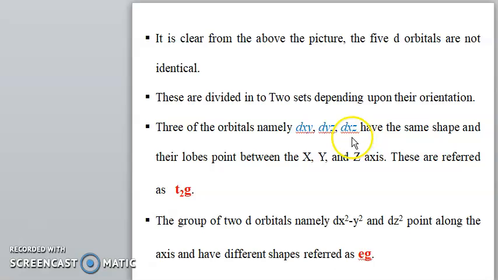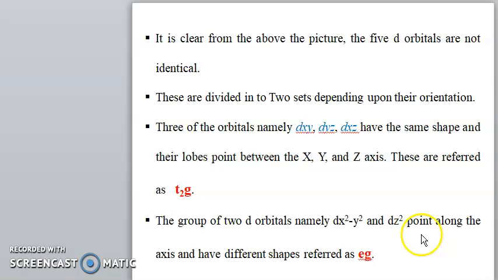dxy, dyz and dxz, these three are the T2G orbitals. The group of two d orbitals, namely dx square minus y square and dz square, point along the axis and have different shapes, referred as EG. These three, dxy, dyz and dxz, are referred as T2G, and the remaining dx square minus y square and